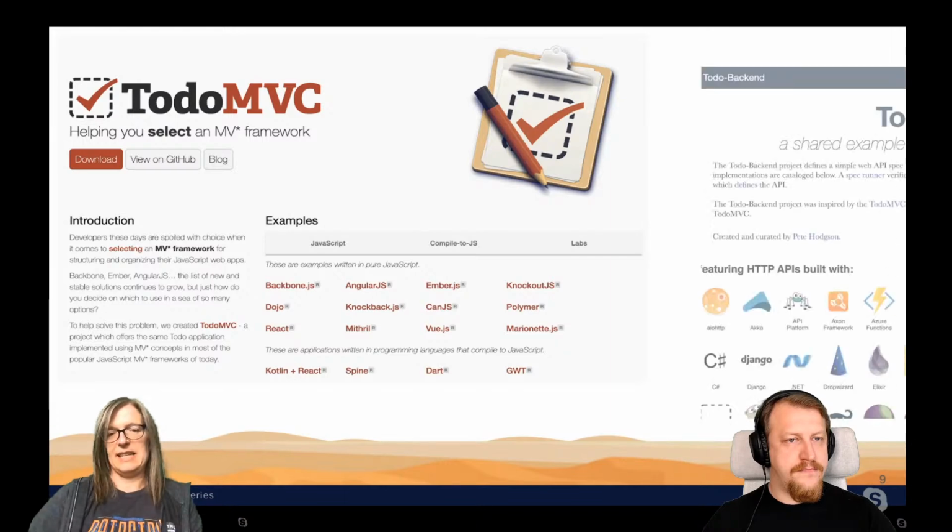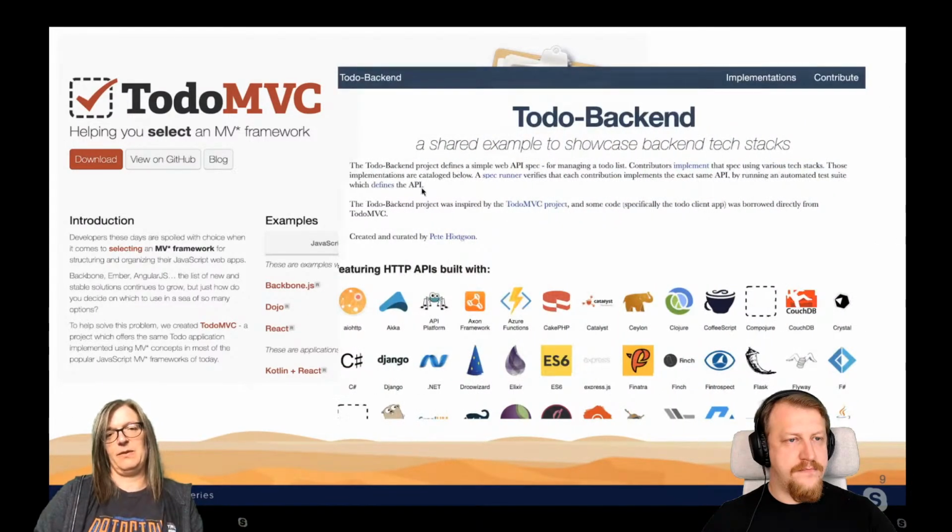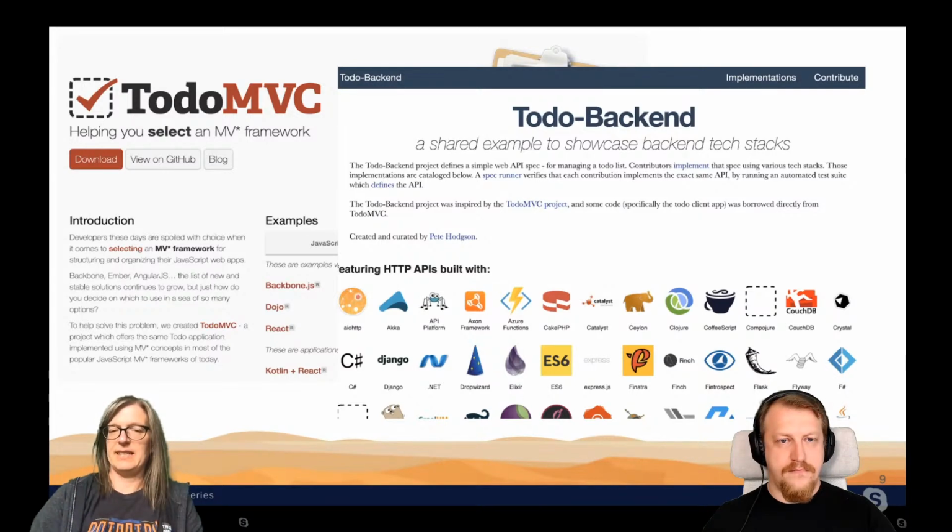So I think here is the example of the to-do backend web page, which has all these different implementations. And we haven't actually created one and submitted one for Cassandra, and we should, but you can find lots of other things here in order to try it out, lots of other frameworks. And they basically all use the same data model, and they all use the same idea, right? They support a to-do list. And this is what we're building today.